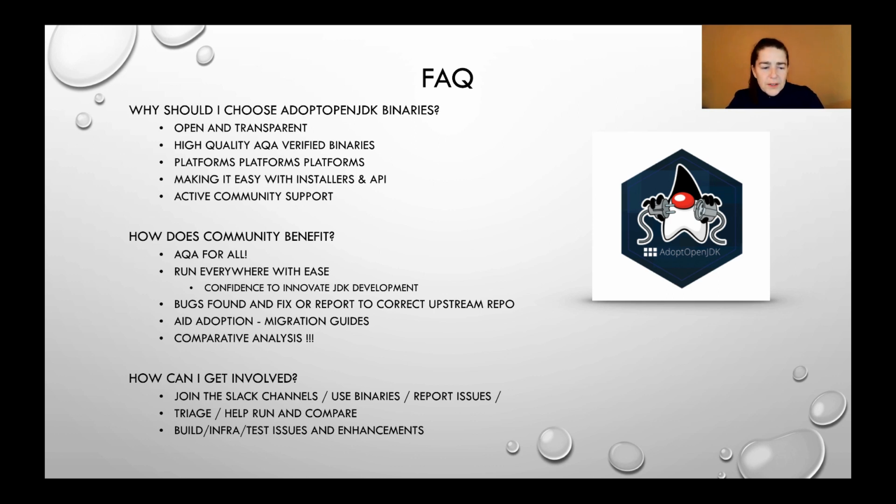One of the other things that we've built out as part of AQA is this notion of comparative analysis. I've personally really felt that as we have verified almost every OpenJDK distribution out there, we've learned a lot about how they are different. We've learned a lot about how they are the same. And we've learned that having the variety of vendors and implementations is important to the health of the Java community. I will talk at length about that if someone wants to ask me questions.